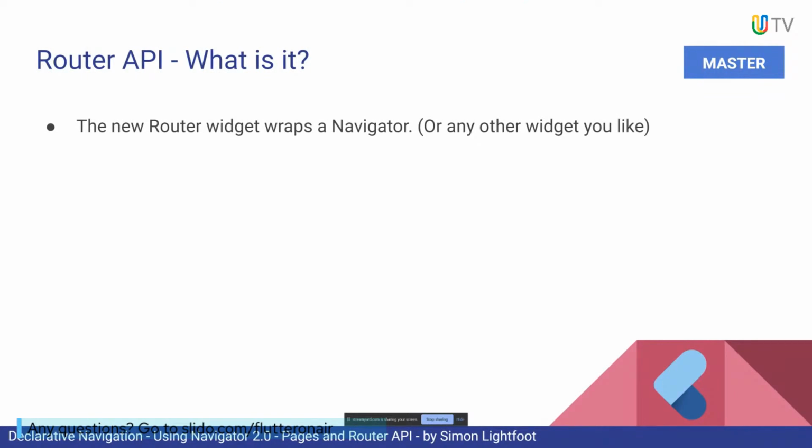The new router API solves the new requirements that we just saw to rebuild the Navigator. It has to be said though that you don't have to use Navigator anymore. So you can provide your own overlay, whatever set of widgets you want to display your set of pages to the user or based on routes. That's all up to you now. You can do whatever you want. So we have the freedom that we've always wanted, right?